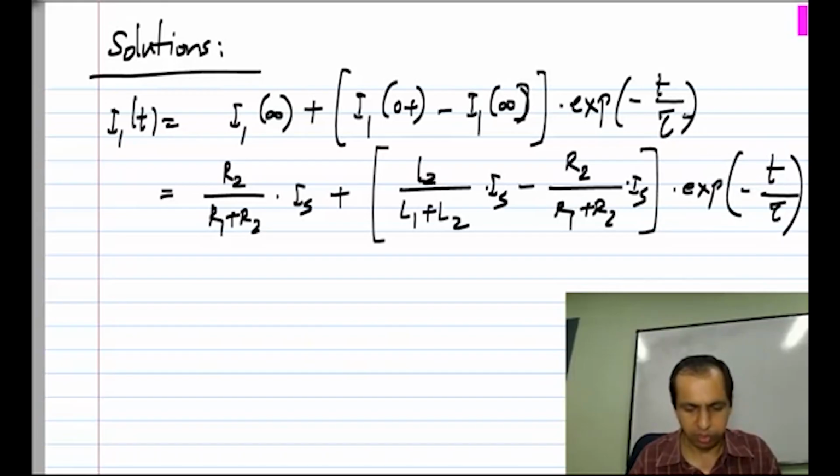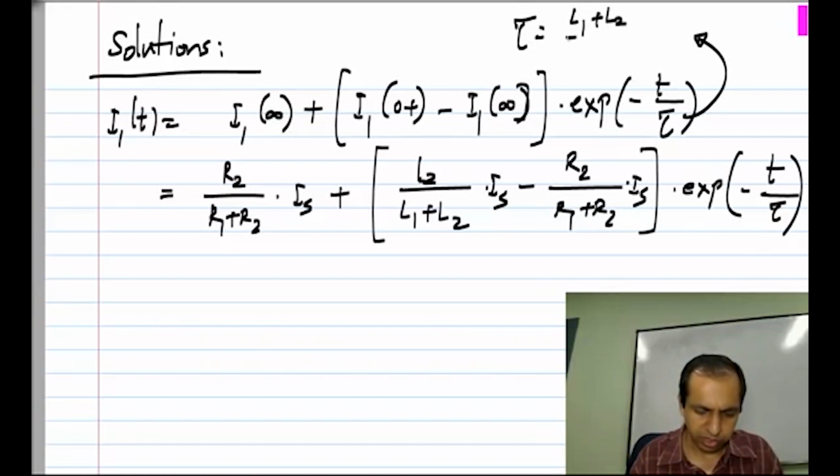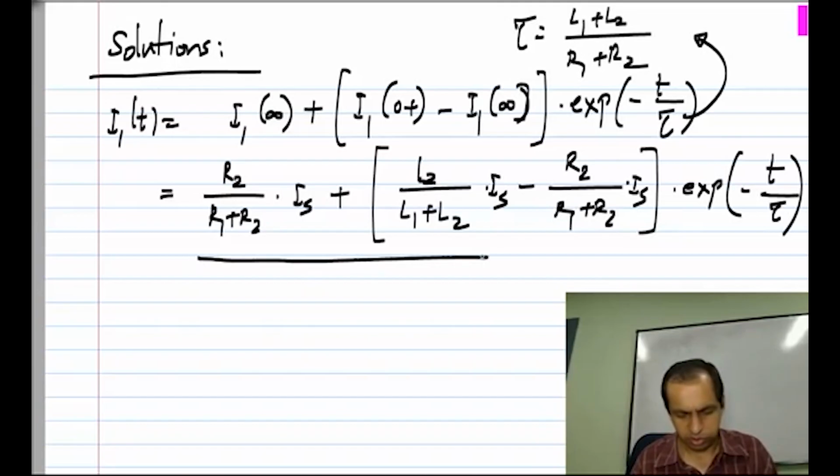I will retain the symbol tau, but we know that tau equals L1 plus L2 divided by R1 plus R2. So this is the expression for I1 of t,